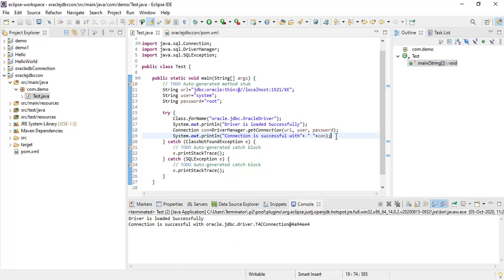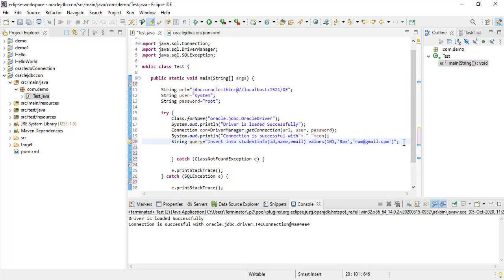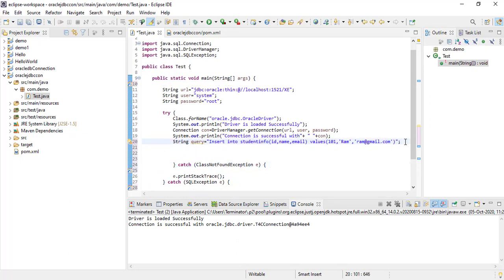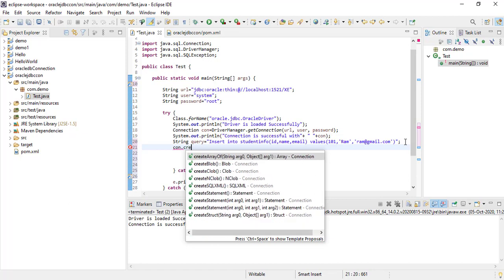So I will write the code to insert the data into the table. To insert the data, I need to first write the query. Now I need to create one statement. Using the connection object, I am going to create the statement here. con.createStatement.